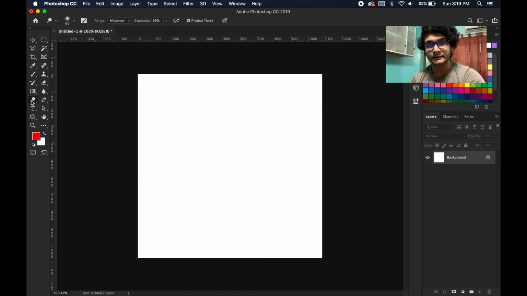This is the pen tool, and this is the most important tool in Photoshop. No matter what you are doing, if you are a web designer, a graphic designer, or a photo manipulator, the pen tool is absolutely the most important tool that you need in Photoshop, and you need to master it. Using this tool is not an easy job, but I will make a dedicated video on how to master the pen tool. Even for illustrations and making vectors, I need to teach you what a vector is. So I will teach you in the later part of this video.